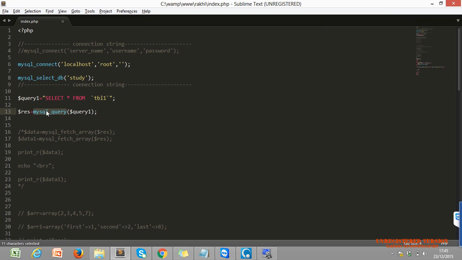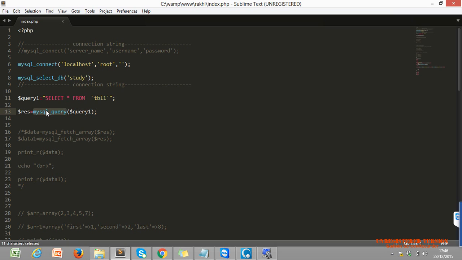It is used to run the commands of SQL, as we are using query one, where we have stored select star from table one. We have that stored in query one. Now we are using mysql_query, which executes the command.